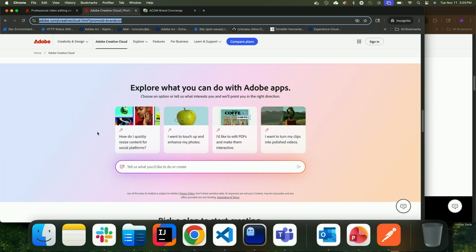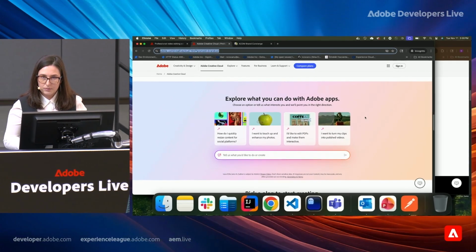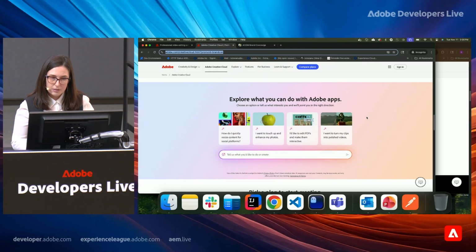I want to go back to Brand Concierge initial view. And this is the welcome template. As you can see, it has a welcome message and a few examples of questions. These can be customized by the customer. And they can change the welcome message to sound differently for their customer or their audience, and also the questions.